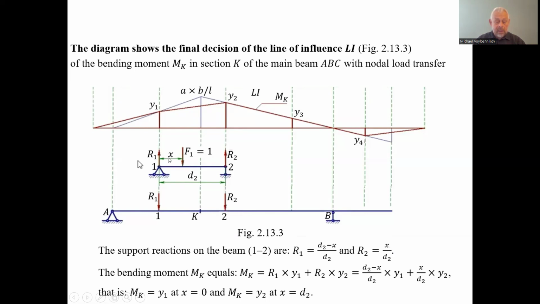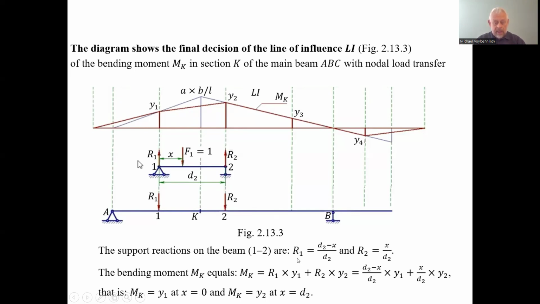And consider this the arms of the action of the force F1, because the arm relative to the point 2 is d2 minus x, and the force rotates counterclockwise. And the reaction in the point 1 rotates clockwise. Considering this balance, we find that